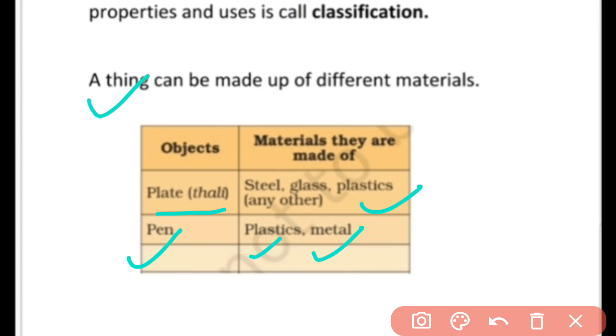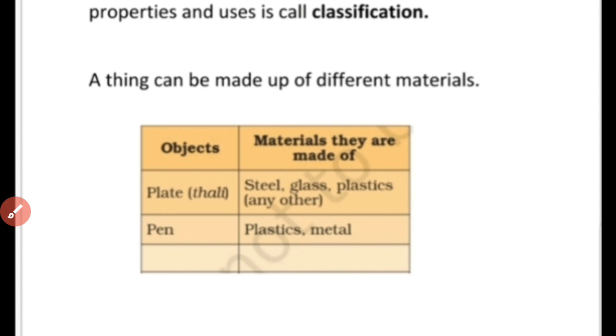On what basis? For example, I have given you 10 pens and some of them are made up of plastic and some of the pens are made up of metal. I told you to separate these pens on the basis of what material they are made up of. So, what would you do? You would categorize the pens in two different groups. One group would be the plastic pens and the other group would be the metal pens. So you have got one classification method, one property on the basis of which you could classify the pens. There are many other properties like this.